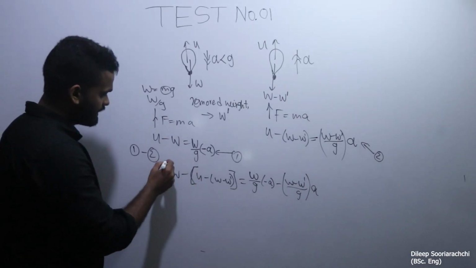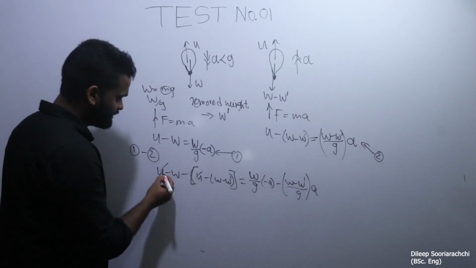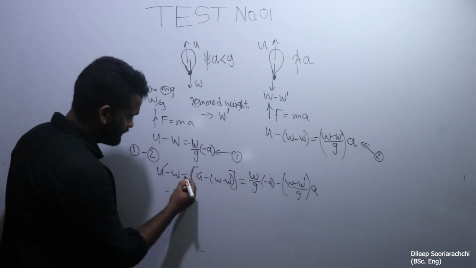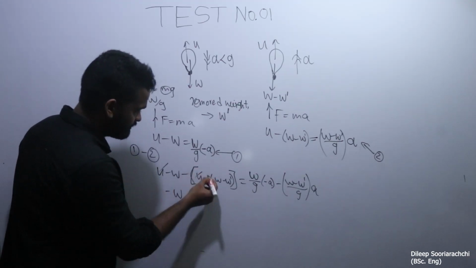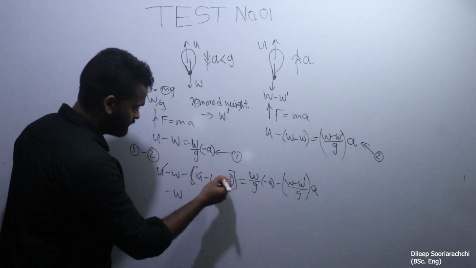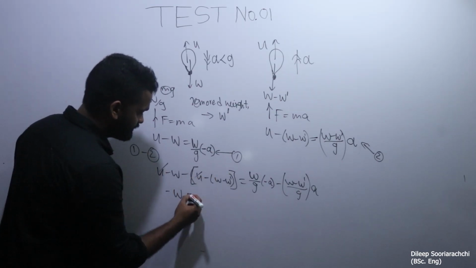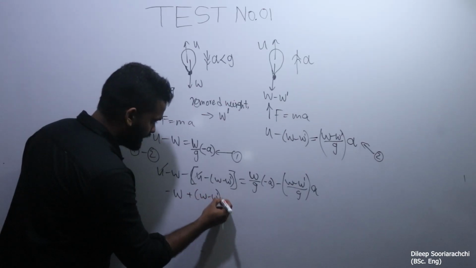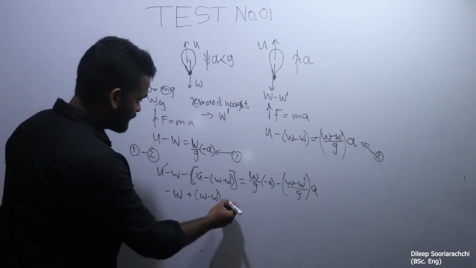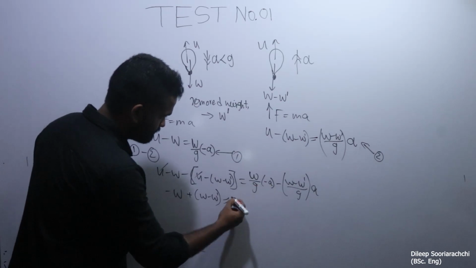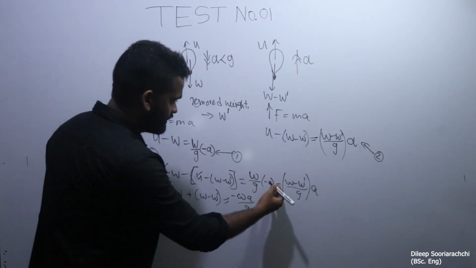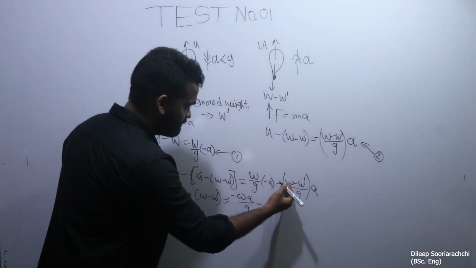Then as you can see, this U and this U cancel off. Minus W, then multiply this with a minus 1 inside the brackets. This is going to be plus W minus W dash equals, this is minus W a over g, minus, then multiply by minus 1,